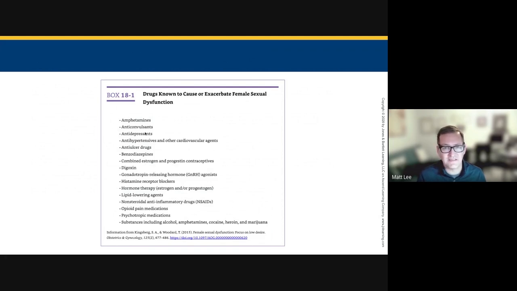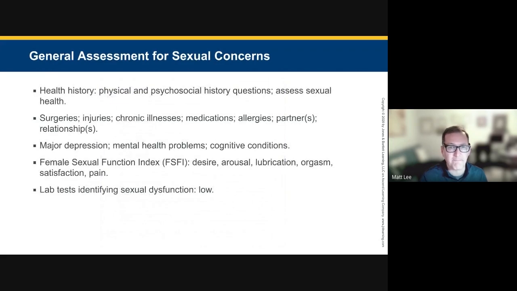So yes, these can be related to near adjacent female sexual dysfunction. There are very few things that tell me, oh, that causes it. If you take this, you will have sexual dysfunction. I will say antidepressants is a little bit higher on that list. I see a little bit more with that, but again, comorbid with the psychological state as well. So again, talking about where is their psychological state, what mental health issues are there.